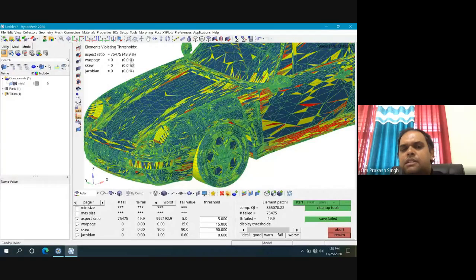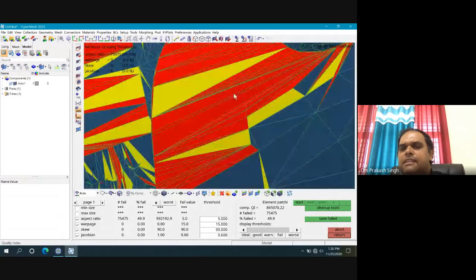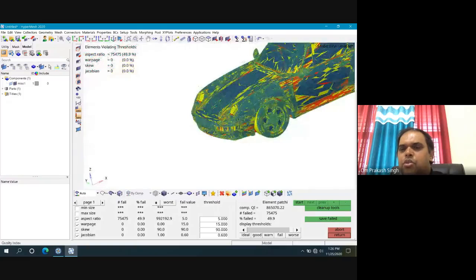If you calculate it the proper way, there are a lot of other features, because it's showing 0. Now see, 50% of elements have failed because of the aspect ratio. Aspect ratio in the sense their length is very large, 1:50. Ideally, you prefer 1:4 or 1:5. Now, if you go on repairing this one,